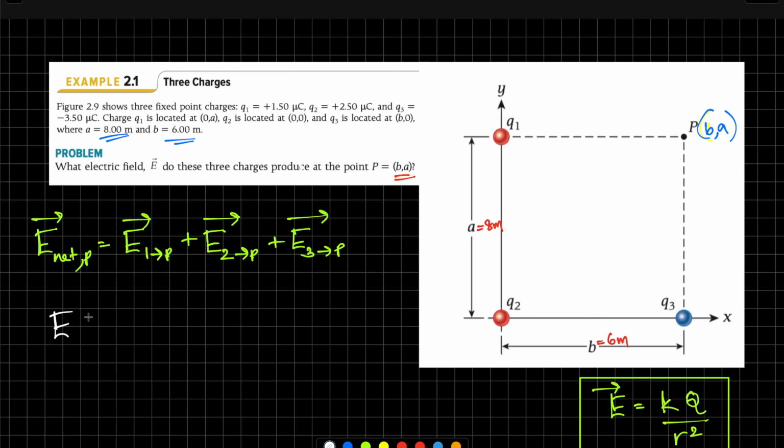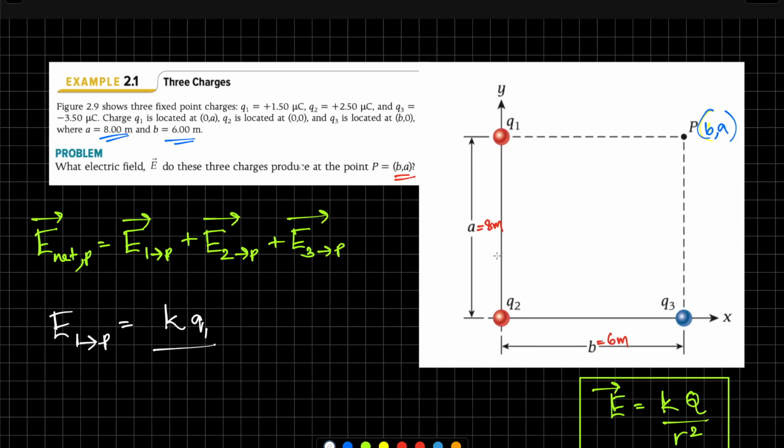Let's start by finding the electric field by charge 1, Q1, at point P. The equation is KQ by R square. K is K, Q is Q1